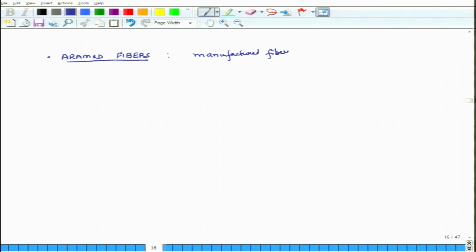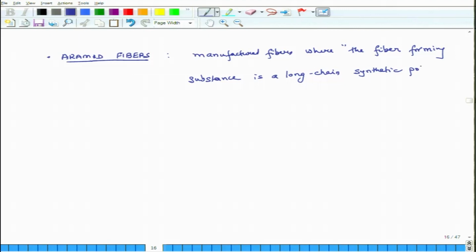And I am quoting, the fiber forming substance is a long chain of synthetic polyamide in which at least 85% of amide linkages